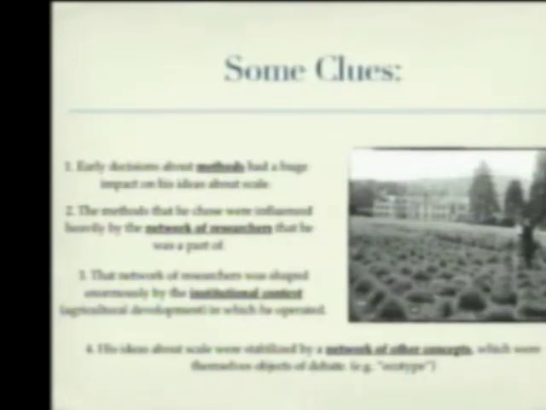Well, we have some ideas, of course. So there's some change in research methods. There is the importance of a particular network of researchers that Bradshaw was interested in. There was an institutional context because he moved between universities and agricultural research stations. But his ideas also are connected to a whole network of concepts that all of them have an interesting history and all of them change, and more importantly, their relationship changes. So how do we reconstruct this?